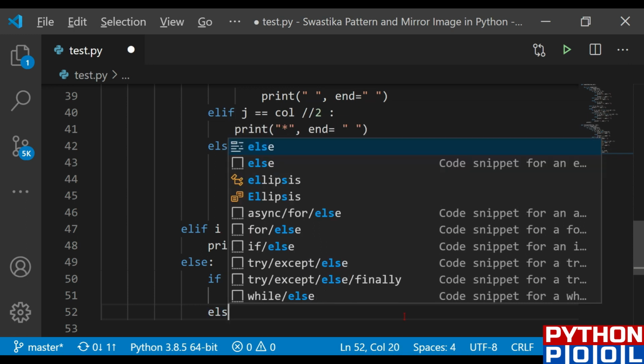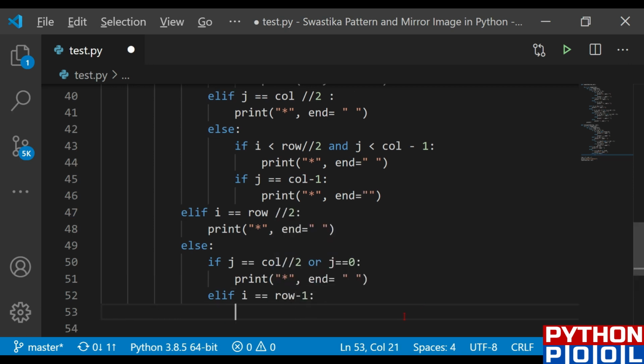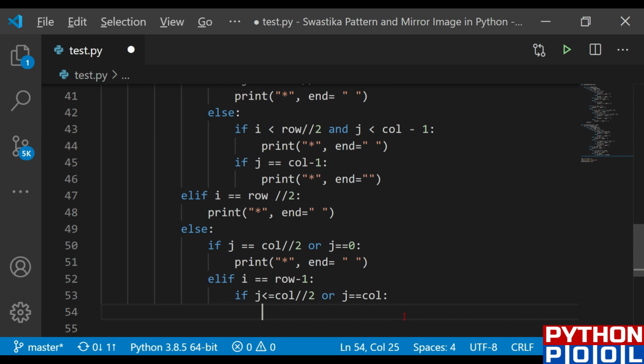Now elif my i equals to row minus 1. If this is a condition, once again I'm just going to check some of the if else conditions. If my j is less than equals to column by 2, or j equals to column, what I need to do in this case is print the gap, nothing but the gap.